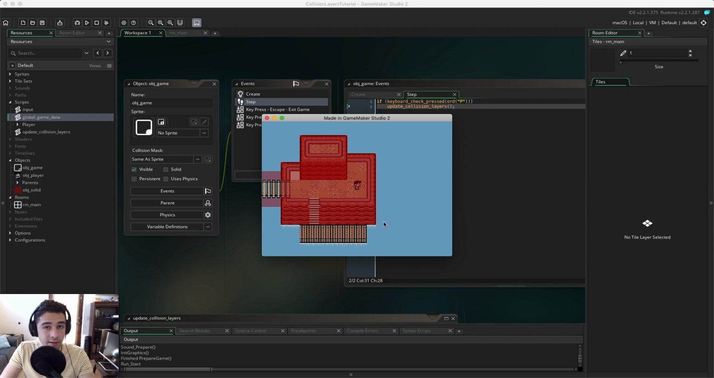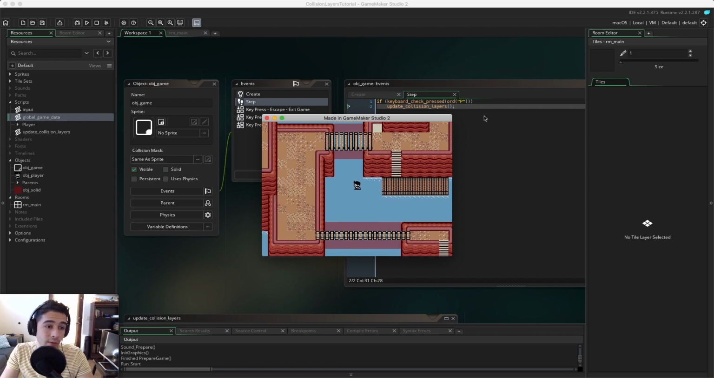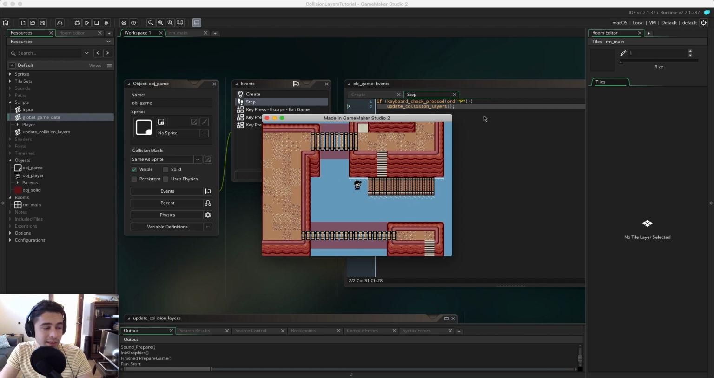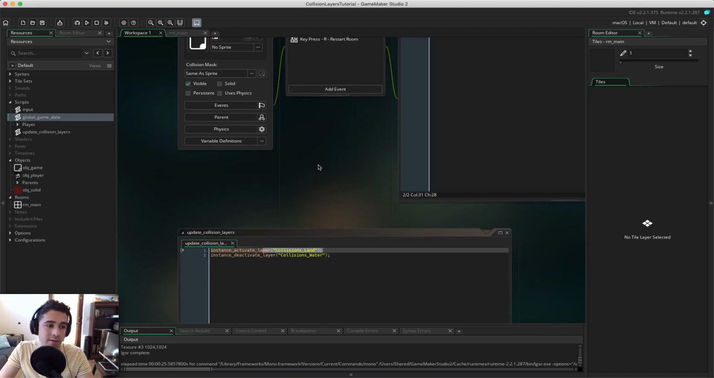All right, so both of the layers are currently active. If I hit P, we can see that we deactivate the water collisions layer and we activate the land collisions layer. So now we're getting a little bit closer. If I keep hitting P, it doesn't really do anything. So it looks like it only turns off that one layer once, but we can update our script to